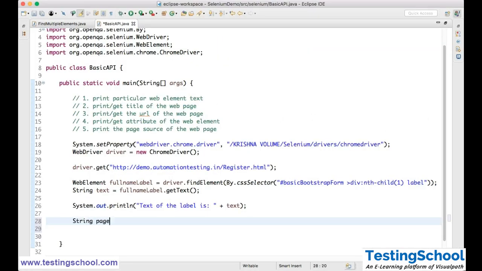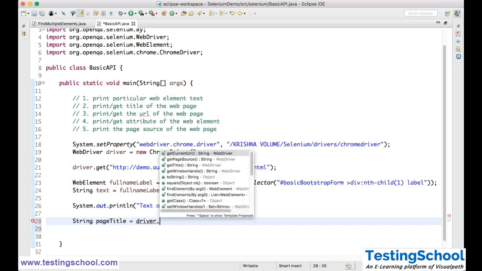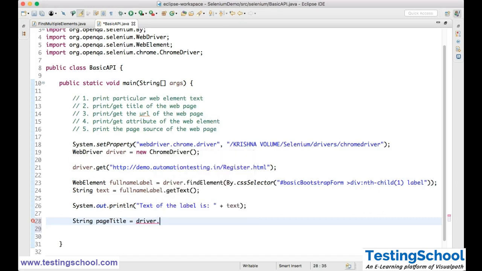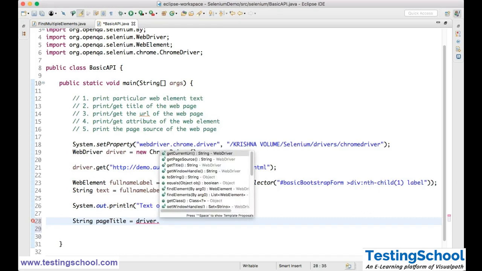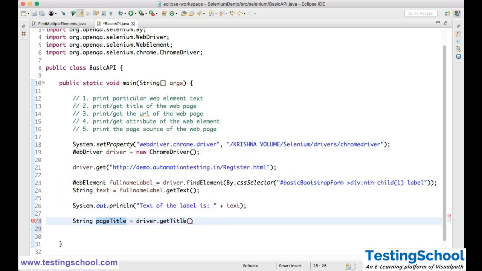So I'll go to this one. String pageTitle equals driver dot. See, it is not any web element, right? That is the reason you have direct methods. No need to find any element. This is all related to your browser. So browser title, that is. So driver dot, you have getTitle. You see that getTitle is a method. It will give you a string. So now what I'll do,